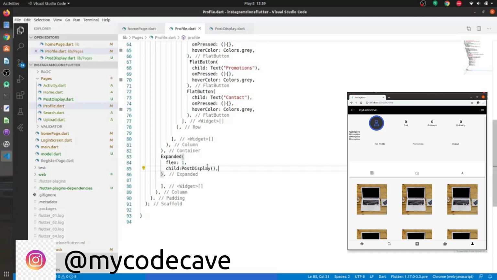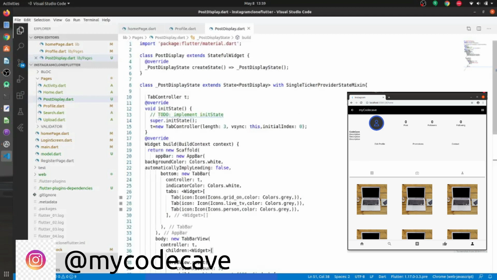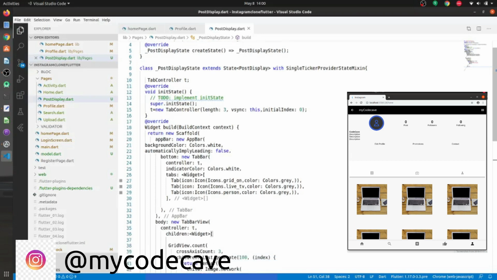And we have a post display class. Post display is a class, not a widget tree, because in our app we wanted to have a tab bar: one tab for the posts, secondly for the IGTV, and third for the tagged part.